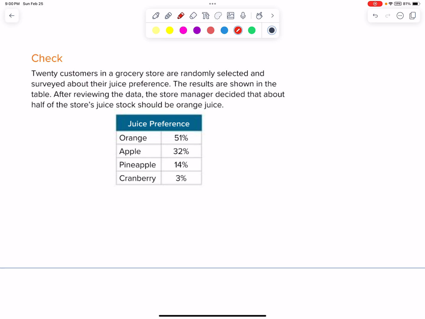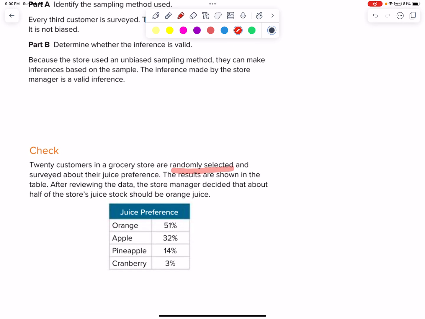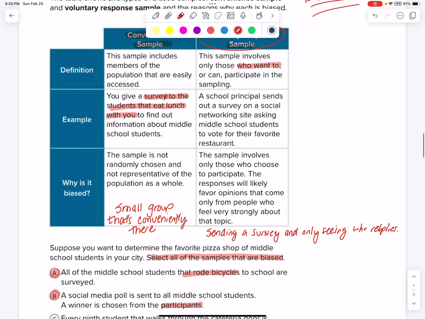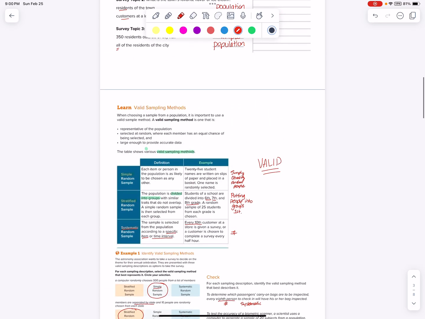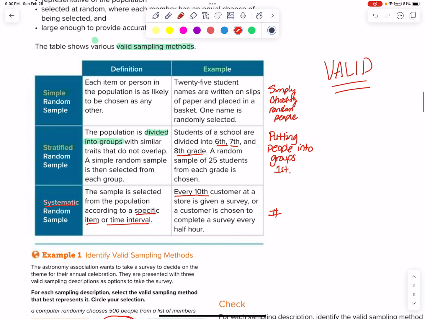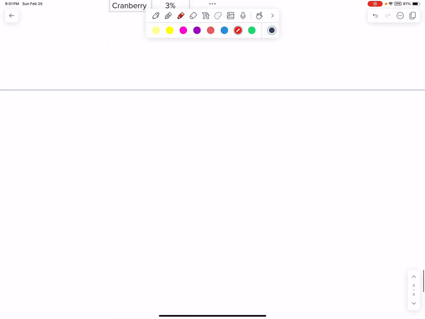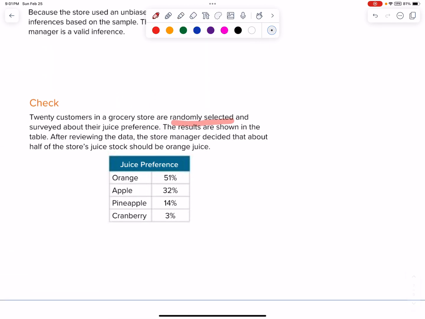Okay, so here's the good thing. We randomly selected 20 customers. So if we look back up, because they're randomly selected, and we look way up here, which one is simply choosing random people? Yep, that's our simple random sample. Okay, so if we go back down, right here we have a simple random sample,